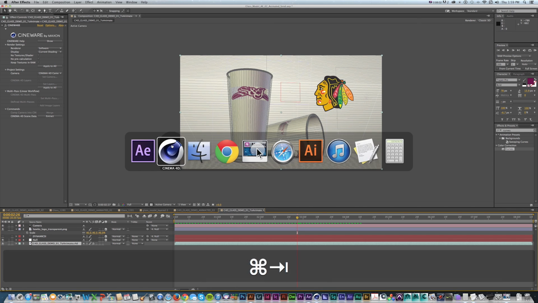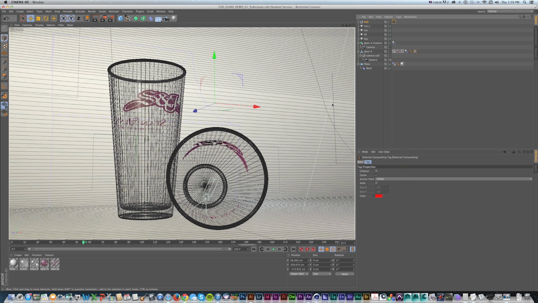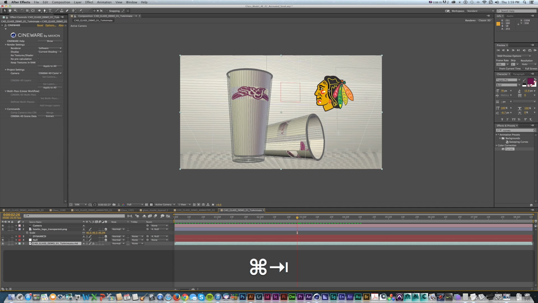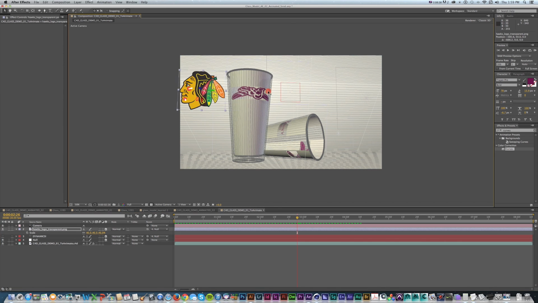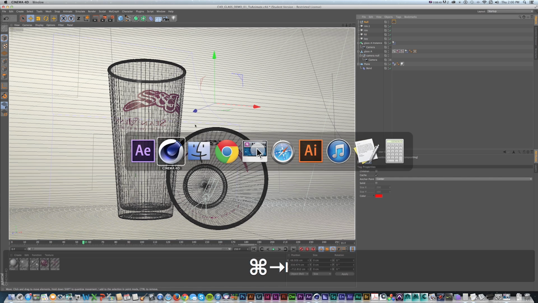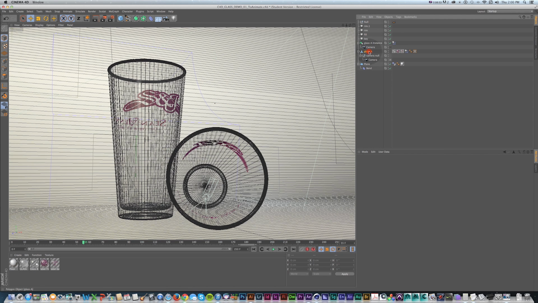I want to show you another one in that same vein of the After Effects Cinema 4D connections. This was a null, again, with an external compositing tag. If we wanted to set up something like this and drop it behind this glass and get some transparency, or if we just had an object in Cinema 4D and we wanted to put something in 2D behind it, like a product image or something,